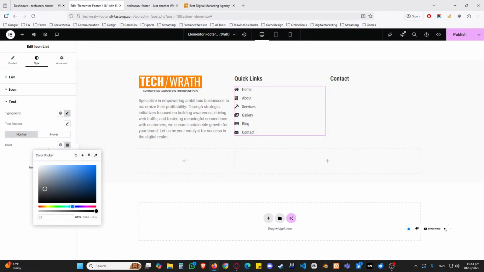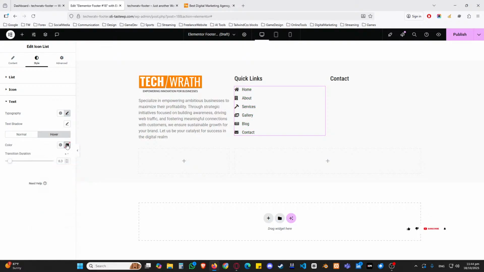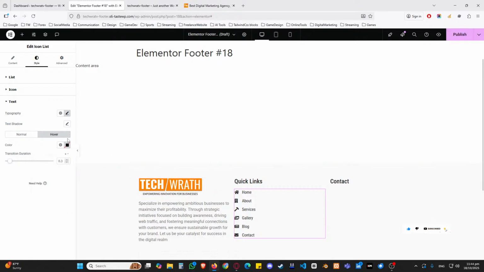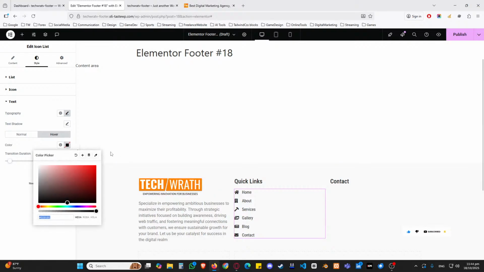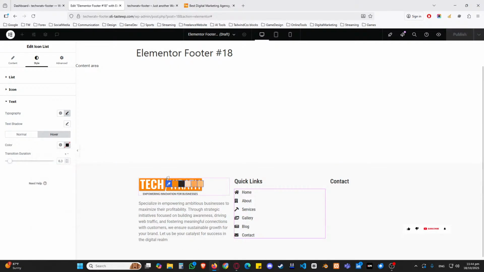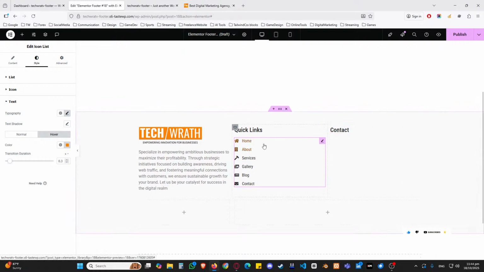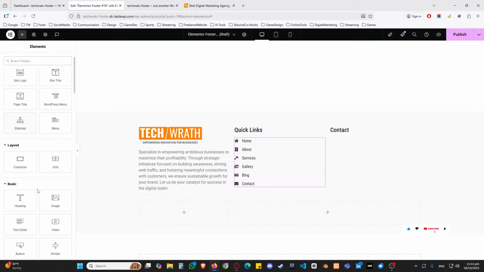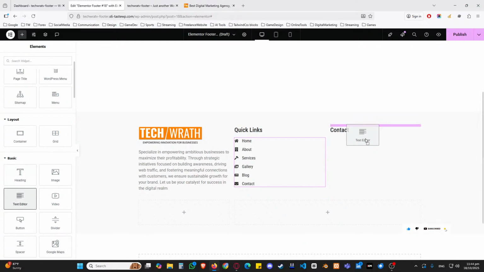Again, with this one we're going to use 2F, and for hover I'm going to pick up my brand color. So if I put my mouse here, it's going to hover. Pretty easy. Now coming to my address, I'm going to scroll down, get the text editor, and drag it under